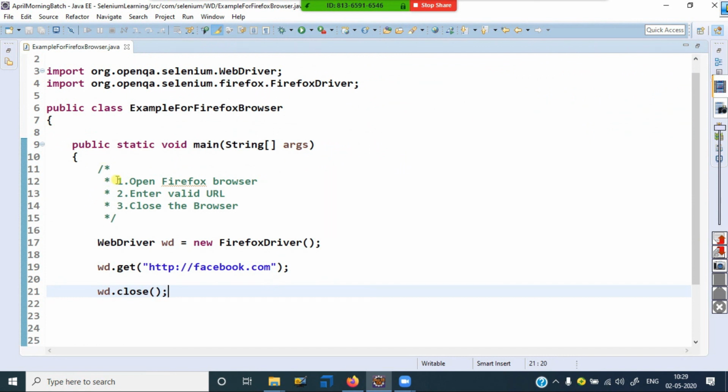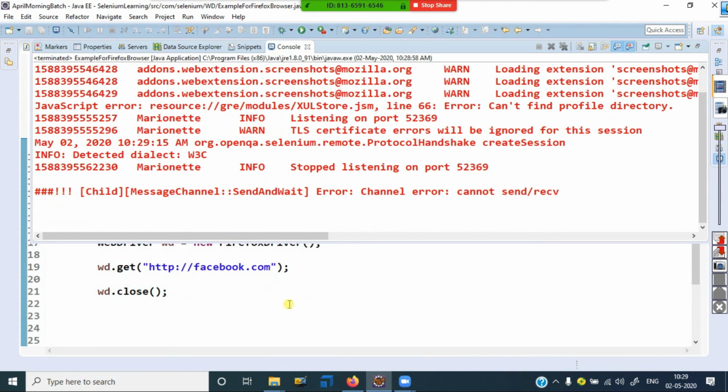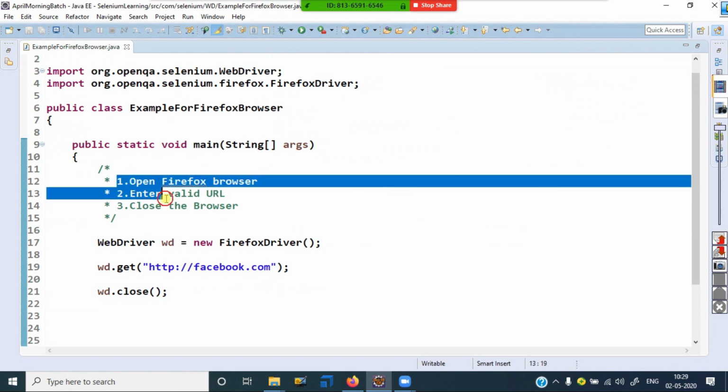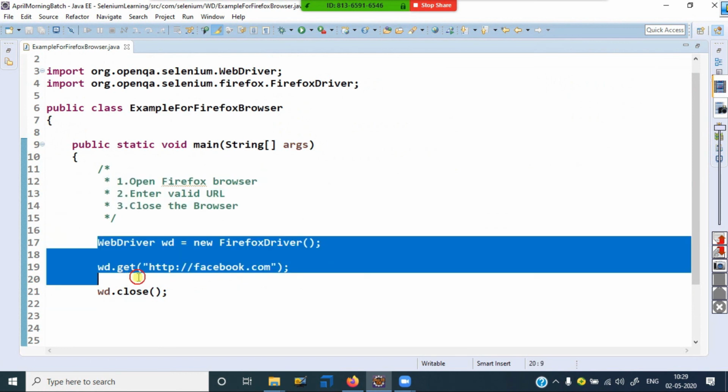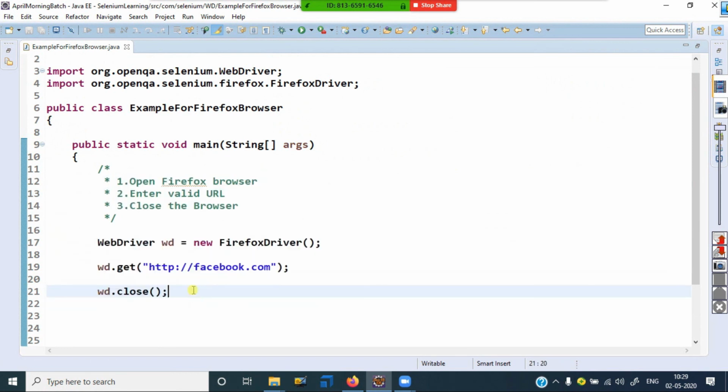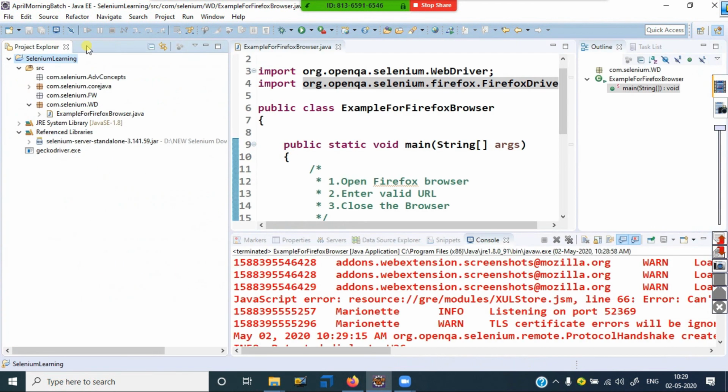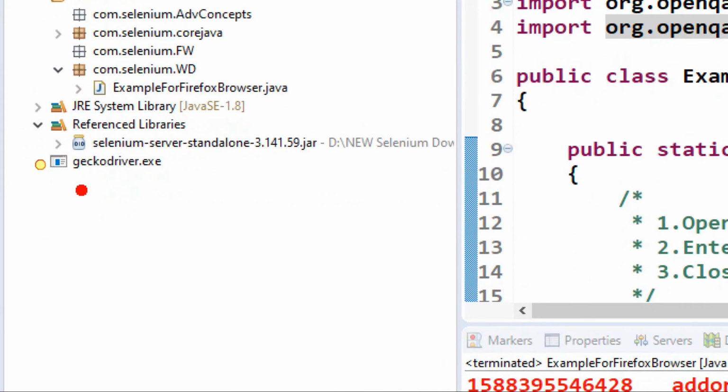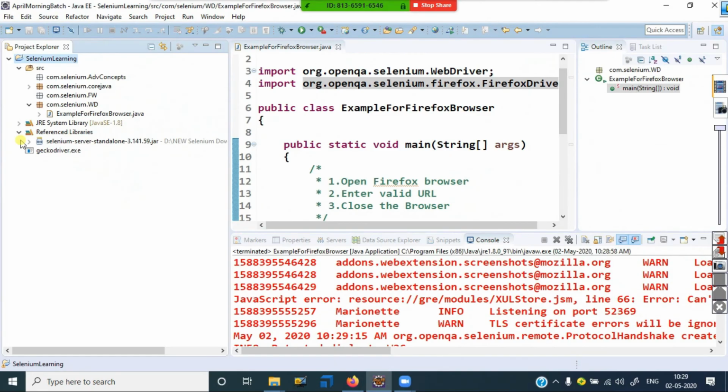Got it? This is my manual test case that I can convert into an automation script. If you want to open Internet Explorer, write Internet Explorer driver. If you want Chrome, write Chrome driver. But you have to copy and paste the related exe files here. Yes, guys, is that clear?